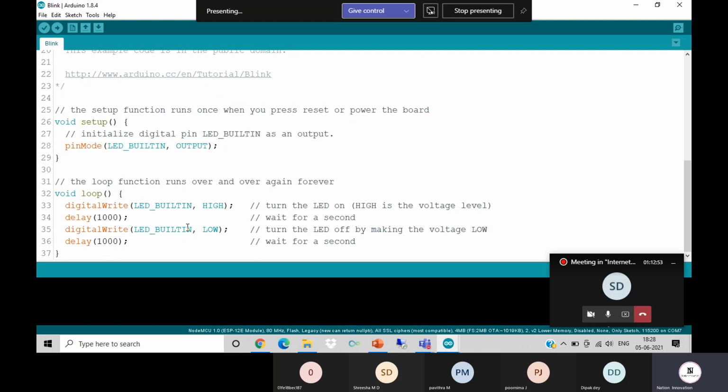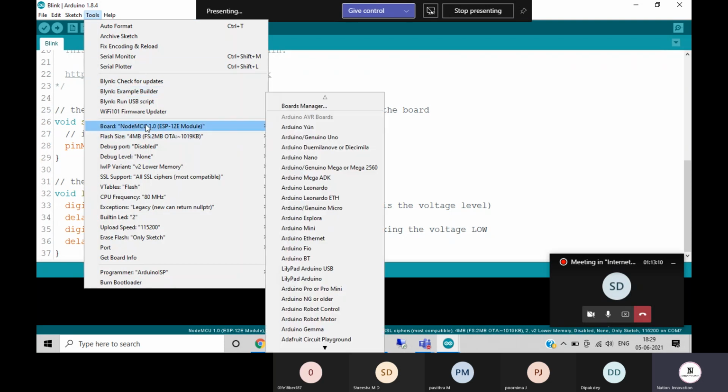So go with the very basics of how we upload a code into the Arduino. This is the pre-written example code. We attach our Arduino board to the laptop, then go to Tools, and in the Board section, select the correct board. In this case, I am using the Arduino Uno.